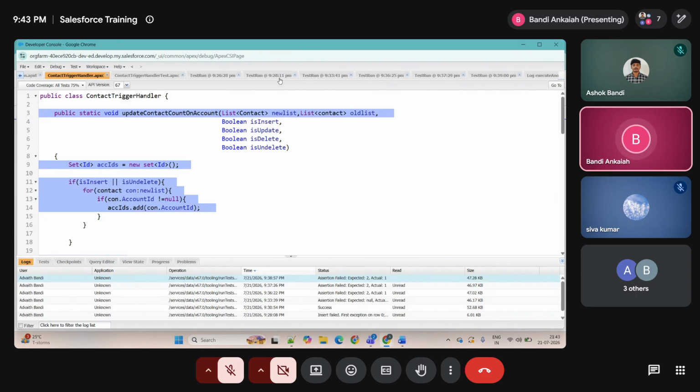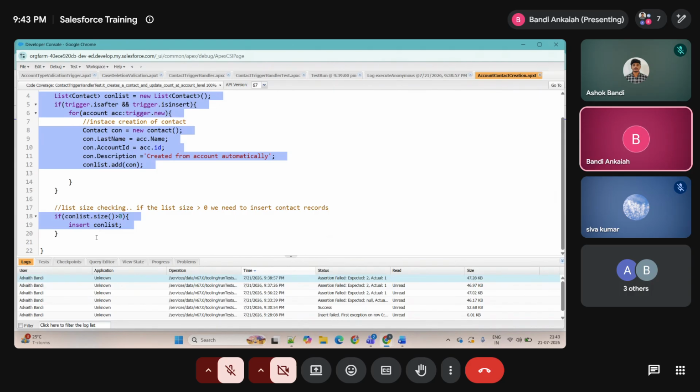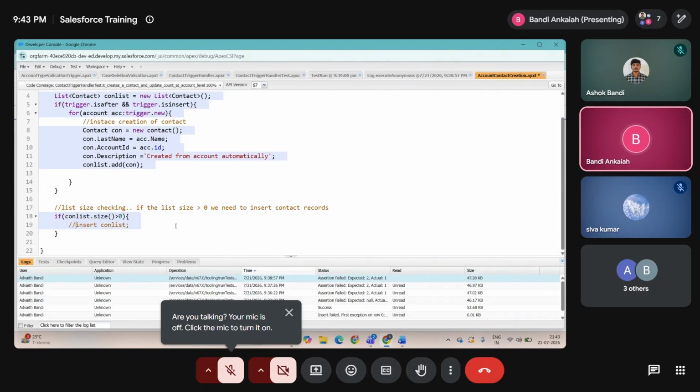Suppose if I try, for simple execution, for example I'm going to deactivate this trigger. For deactivation, what you need to do is simply comment this code, Control S. So I'm not inserting any contacts here. Okay,